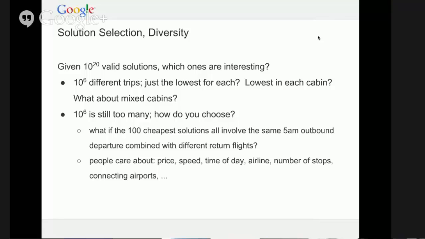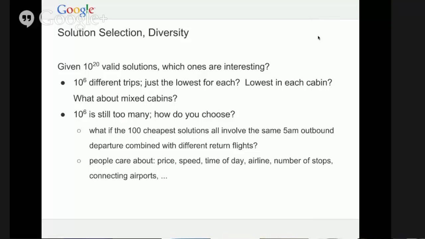How do you choose which among a million to show? People care about so many different things like speed, price, time of day, the airline that they go, the number of stops, which connecting airports they go to, and so on. And people don't always tell you, right? I mean, people have a lot of hidden preferences when they search. For example, when you search for an airline's